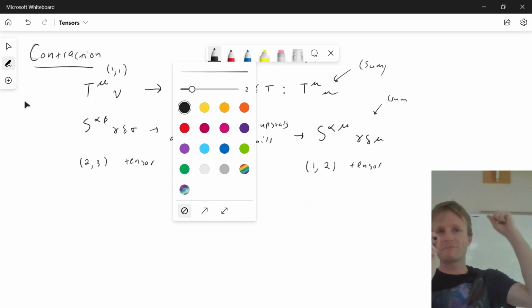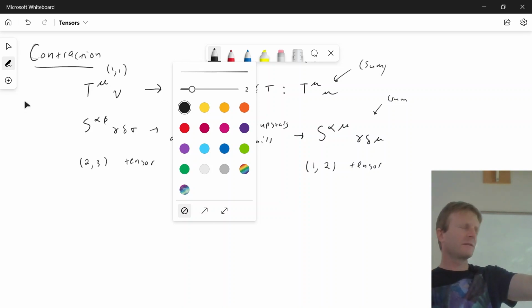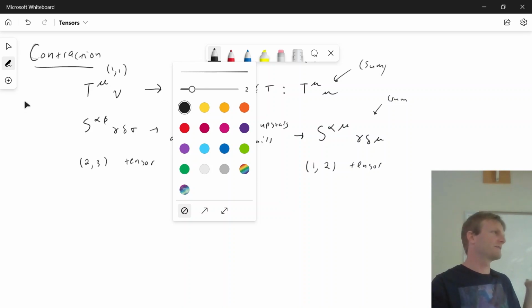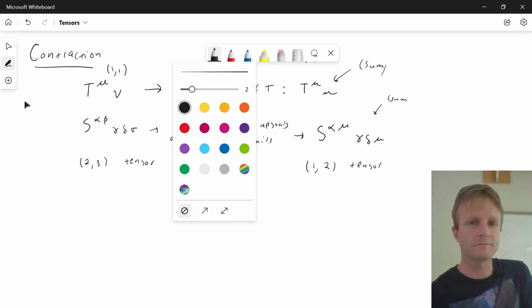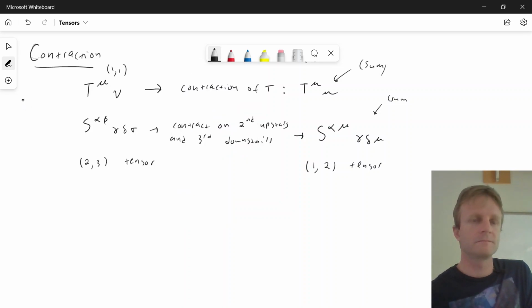I plug in e hat for the upstairs spot, theta hat for the downstairs spot. I sum over the 4 basis vectors that I plugged in, and I call that the contraction, and I check it's independent of basis. Is this the same as multiplying by the Kronecker delta of the respective